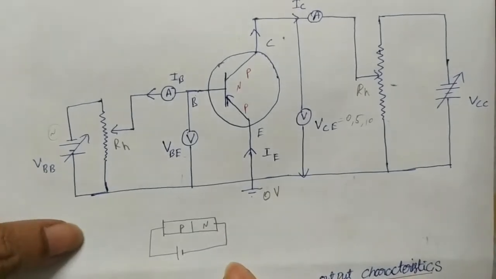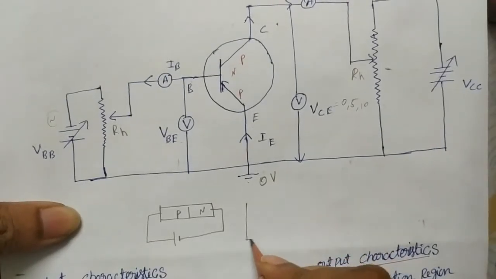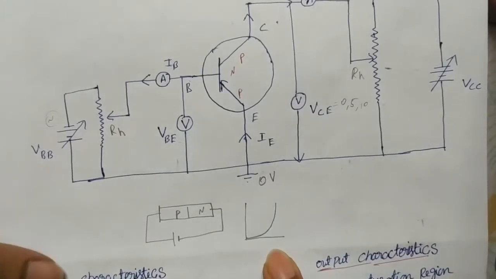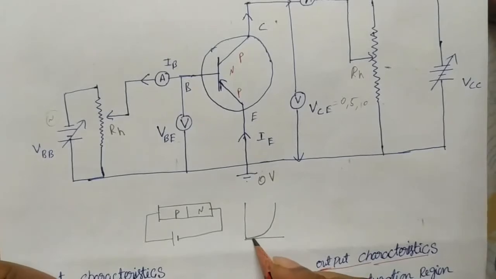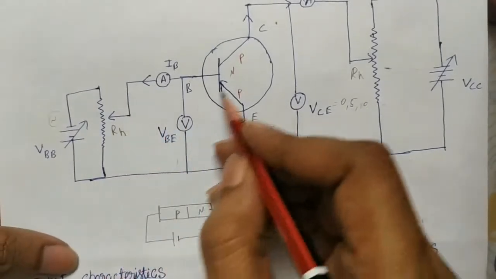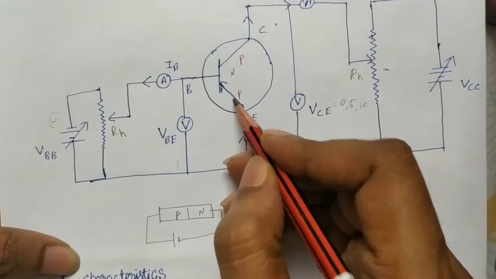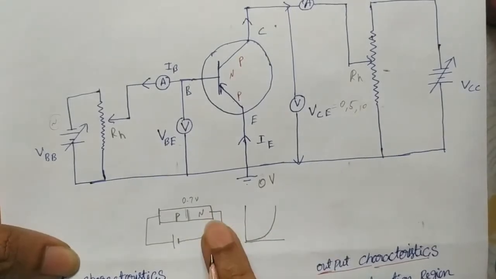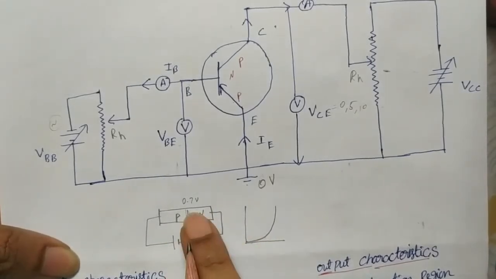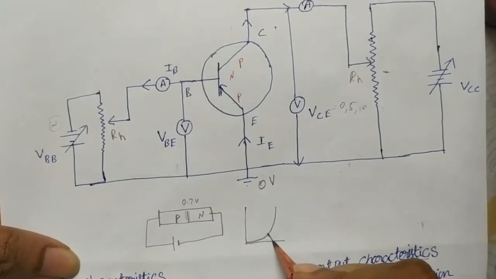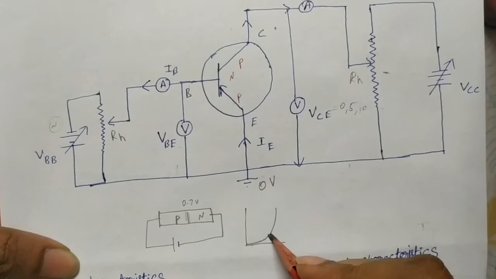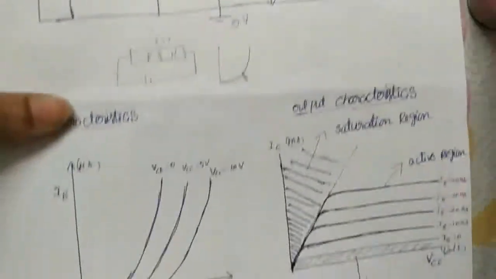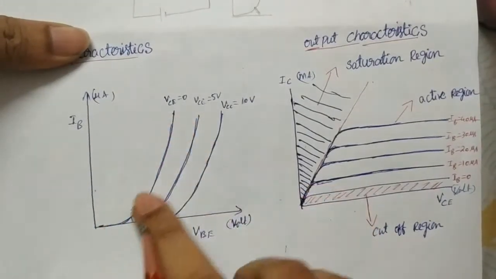In forward bias, what are the characteristics of a junction diode? It will look like this. These are the forward characteristics of a junction diode. Initially a very small current flows until the potential crosses the barrier potential in forward bias. In silicon you can take 0.7 volt. Up to 0.7 volt, this gives very small current. Once it crosses this barrier potential, the knee potential, it gives a sharp current. That shows it behaves like a forward bias diode.